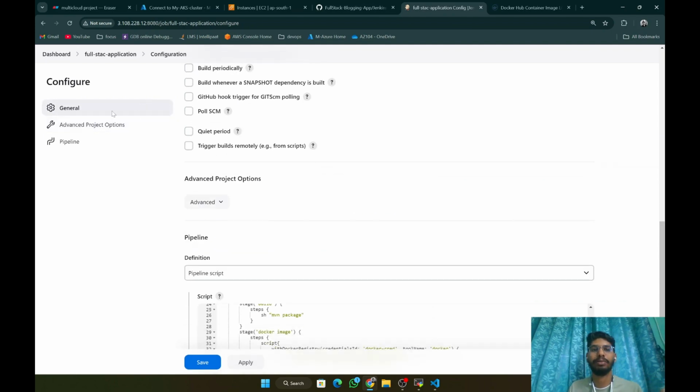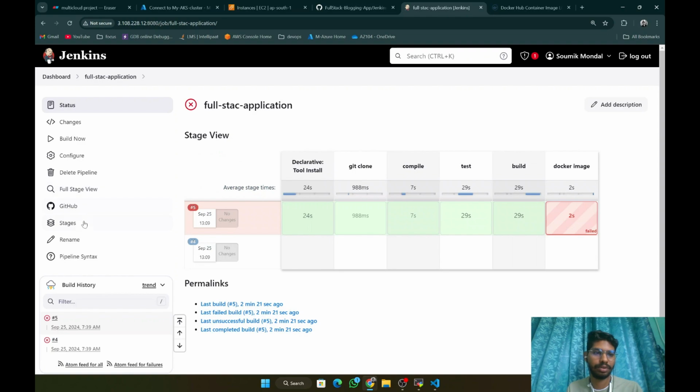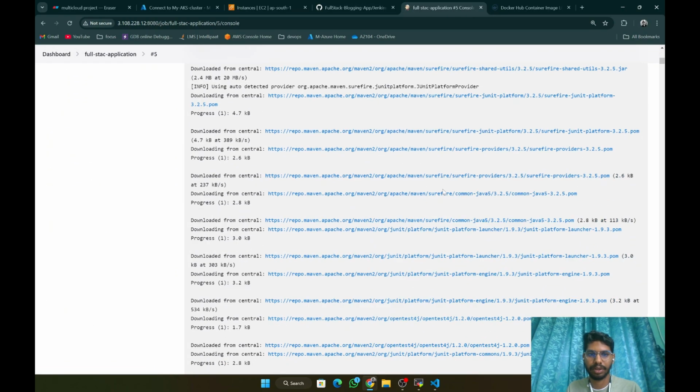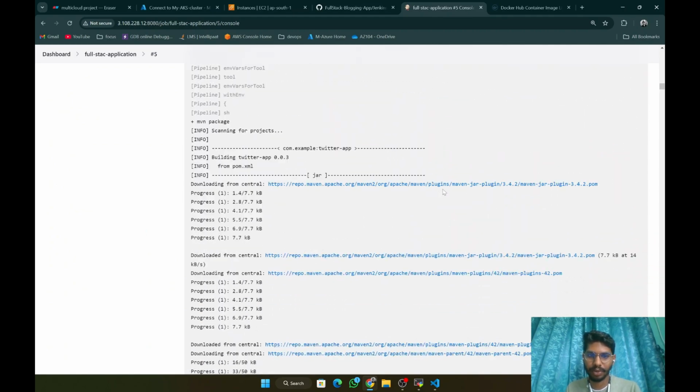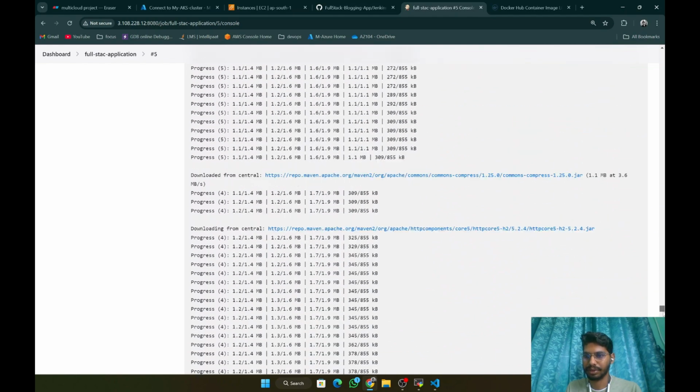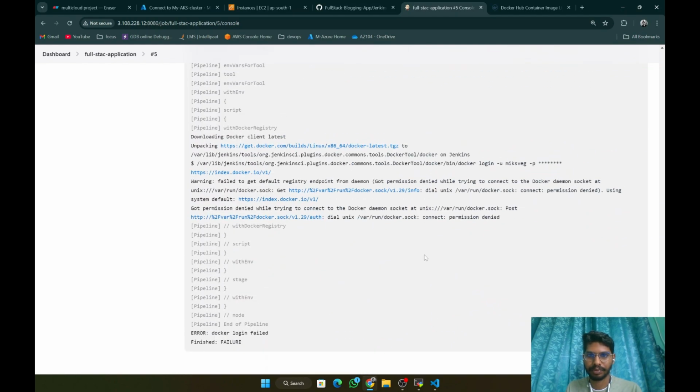Okay, why I am got this error? Let me take you to the console output. You can check that why I got this error. I got this error because I don't have any permission,